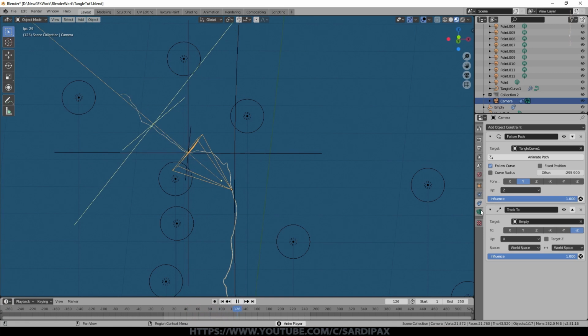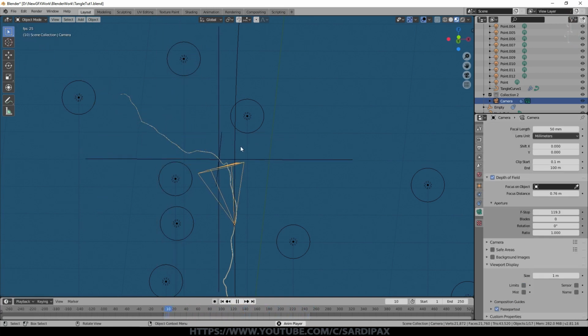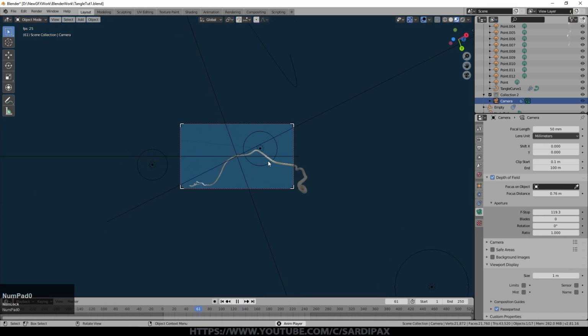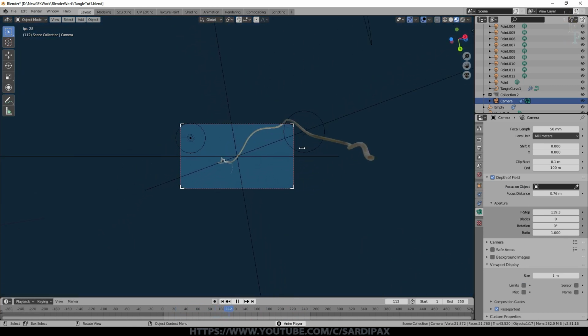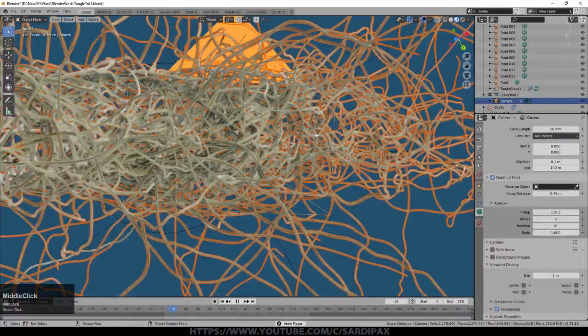And if I turn off some of the viewport displays for the camera there, now we can see the camera is following that empty. So it just helps the camera, rather than being slavishly following the curve in terms of the direction in which it is pointing, it's actually following something that's ahead of itself in the curve. It just gives a slightly more stable view. So I bring the rest of the curve back, and there it is.